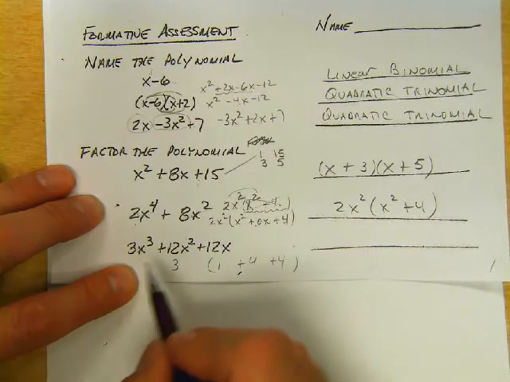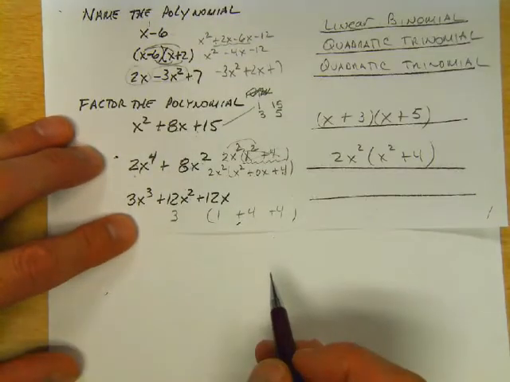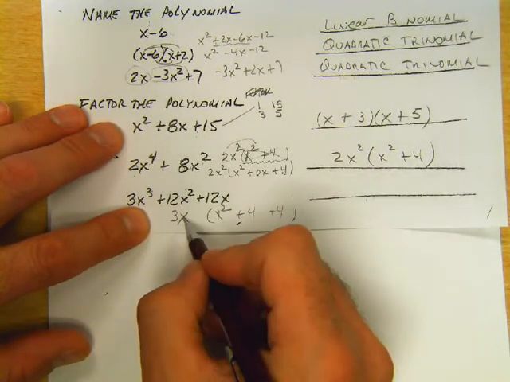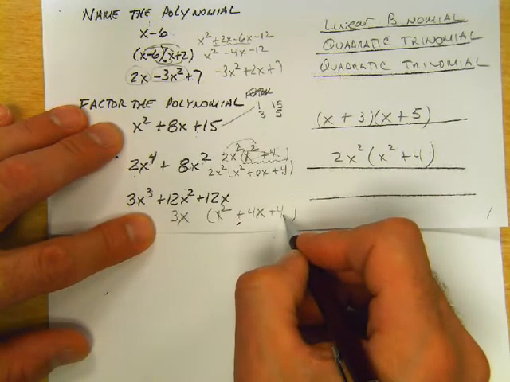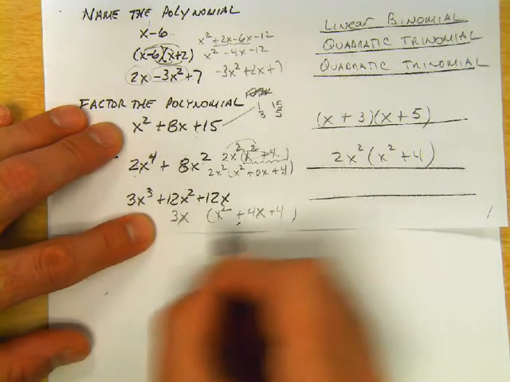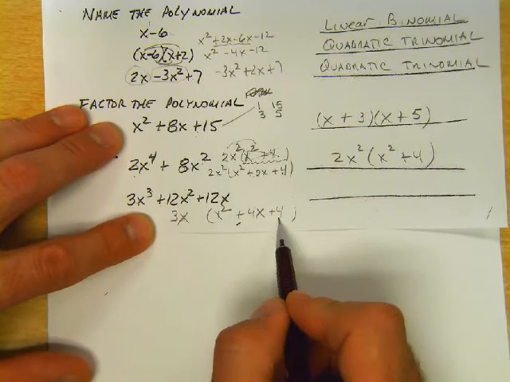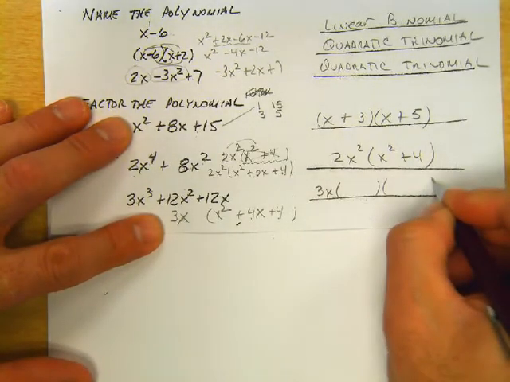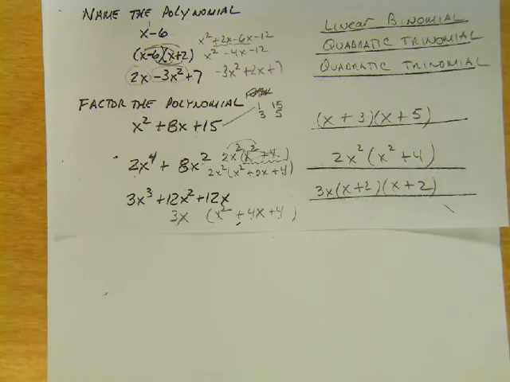And then how about we have x cubed, x squared, and an x. Are there any x's we can factor out? An x. So if we factor an x out of x cubed, we get x squared. If we factor an x out of x squared, we get x. And if we factor an x out of x, we just get 1. So now we have 3x times this trinomial. Can this trinomial be factored? Are there two numbers that multiply to 4 and add to 4? So x plus 2, x plus 2. There we go. Now, I am going to guess that